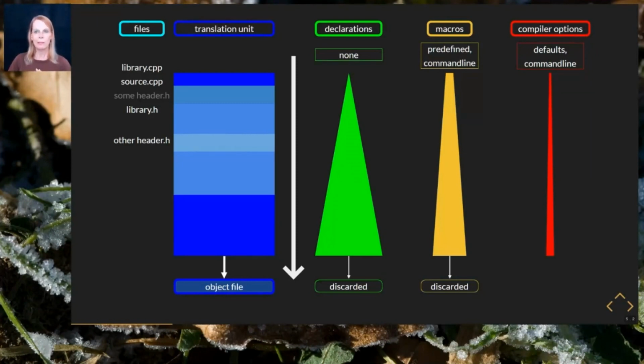This may lead to subtle bugs because of ODR violations, because definitions might no longer be the same in all parts of the program. Again, we are doing it wrong. At the end of the compilation process, an object file is generated and all of the compiler state with all of the collected information is simply discarded. Using the library again in a different translation unit requires compiling the same header files over and over again. That's inefficient.